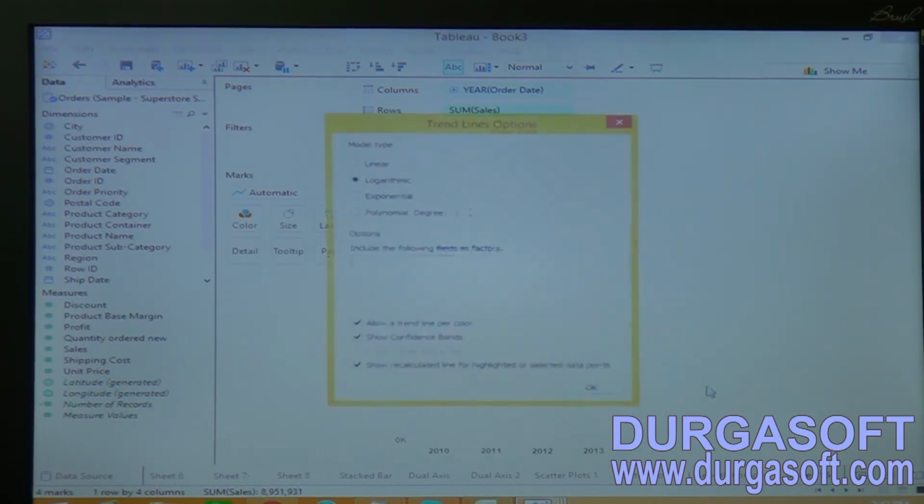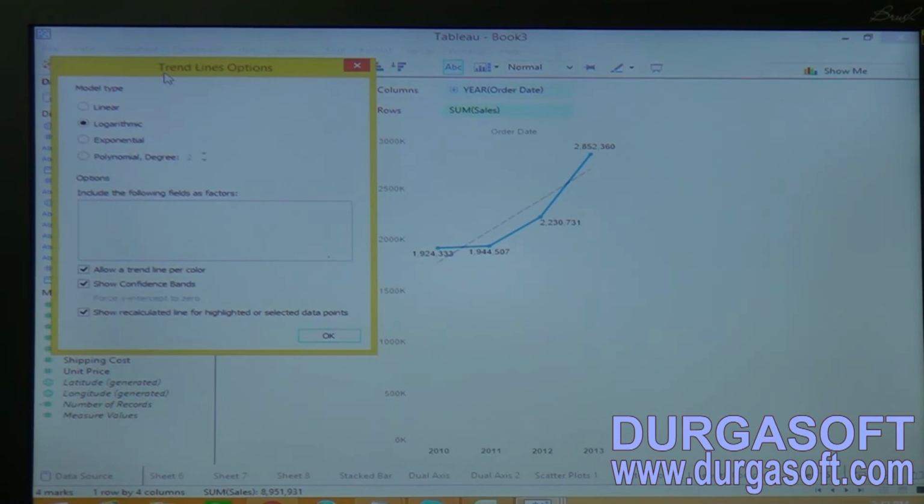Edit trend lines, and click on the single trend line in a color. You can remove this color, and now see this, we have only one trend line applied on the color. But why is it allowing trend lines per color?